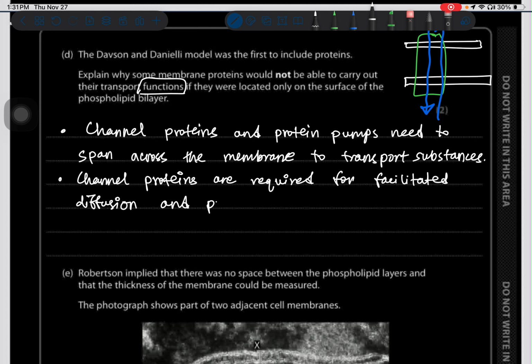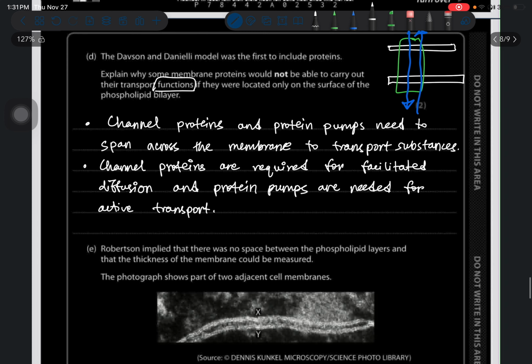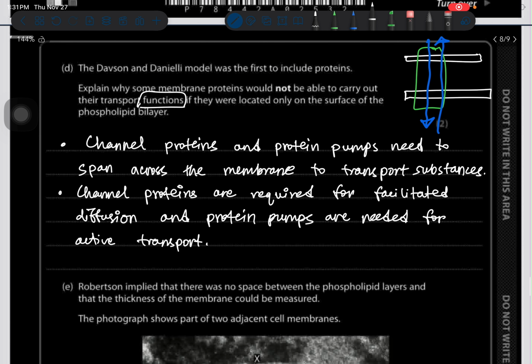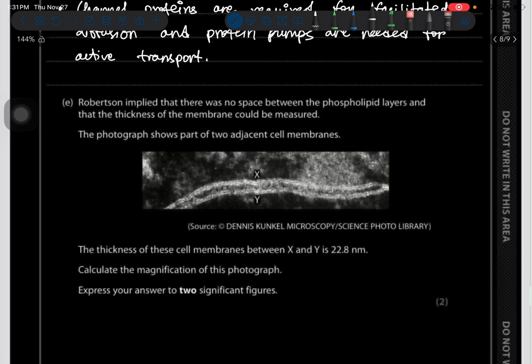And as we mentioned, protein pumps are required for active transport. These two are just two types of transport processes. Active transport is where you need a protein pump and energy to transport substances against the concentration gradient. Now,